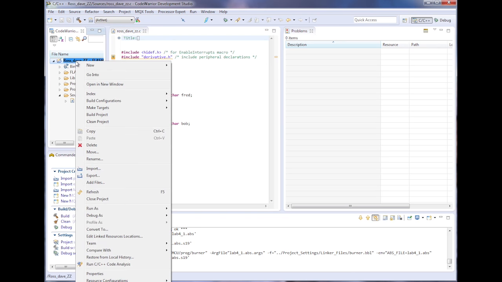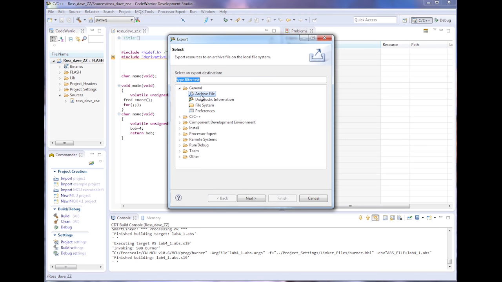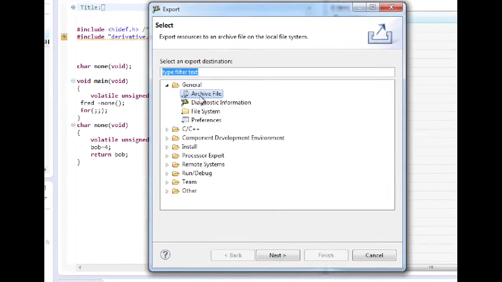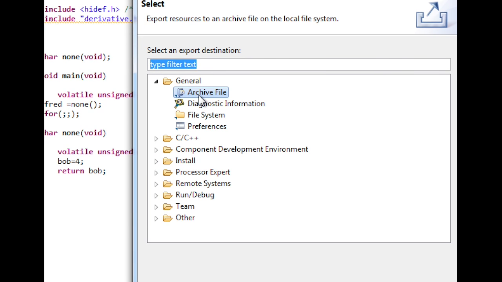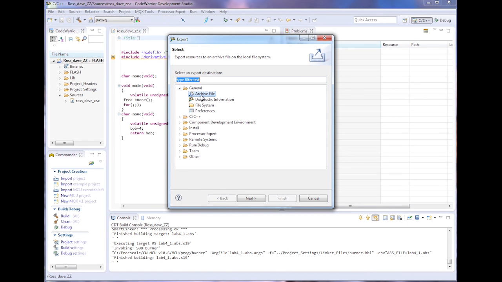We're going to right mouse click. We're going to say export, but this time we're going to use archive file here instead of file system. Now archive file will allow us to create all of this into one file, not only the .c but everything as it should be. So we're going to just say next,